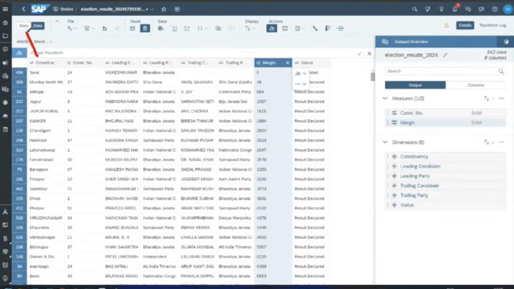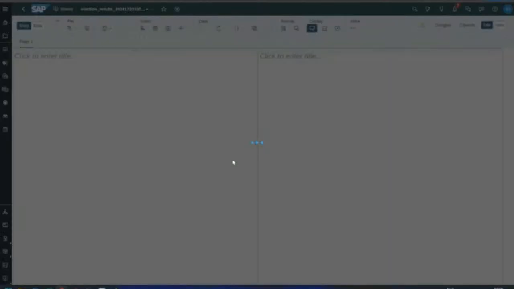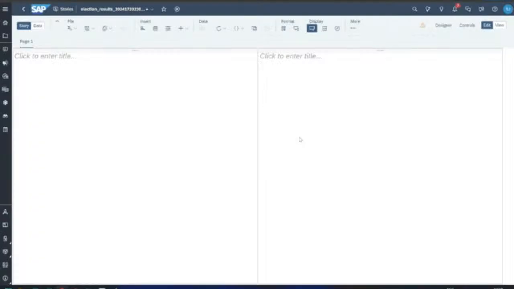Now we will switch to the story tab, and in the story tab we can start building our dashboard directly, with zero coding, guys. Those who don't like coding but want to build stuff in the system can start with this kind of application.